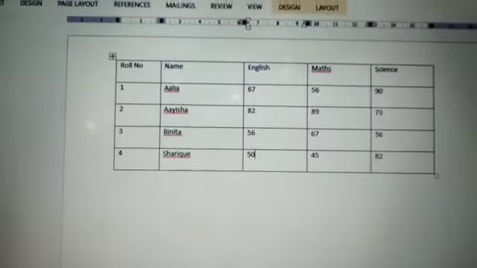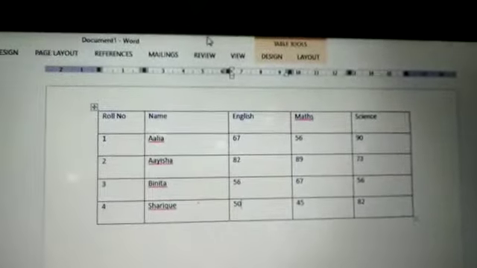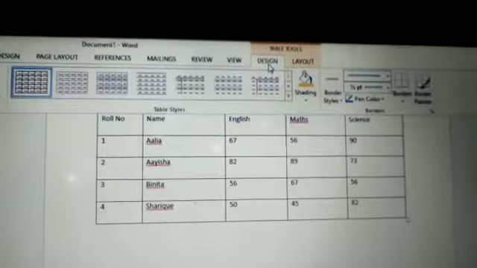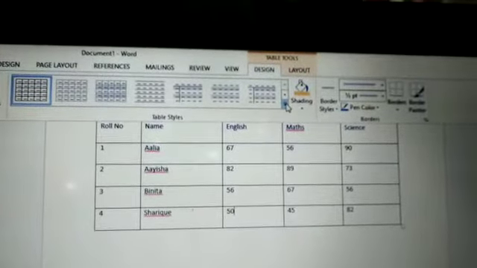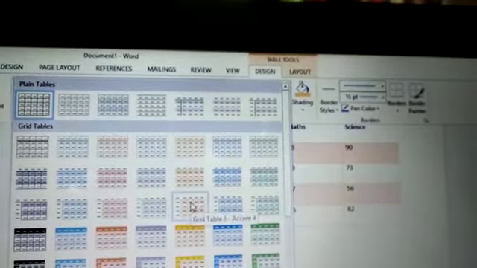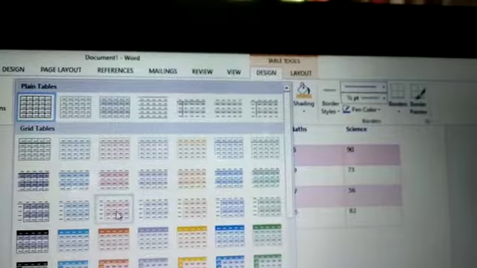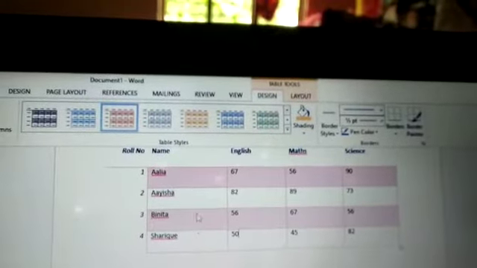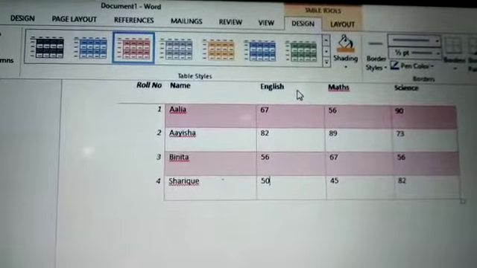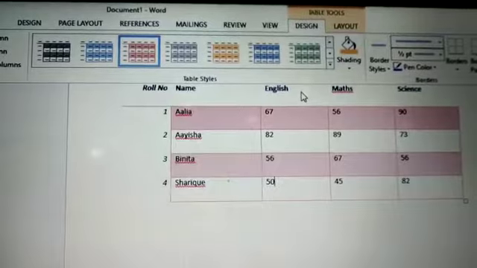Now if I want a colorful table, I don't want this type of table. So we will go to the Design tab. Easily you can choose any table. Now I've chosen one table. Now there is a problem in this table. Roll number, name, no line is there.